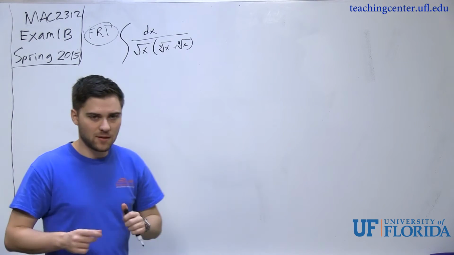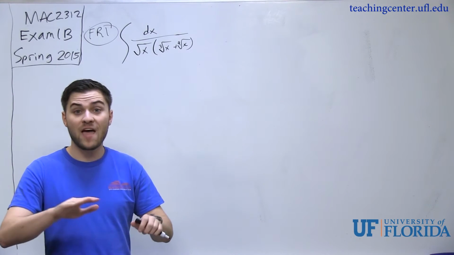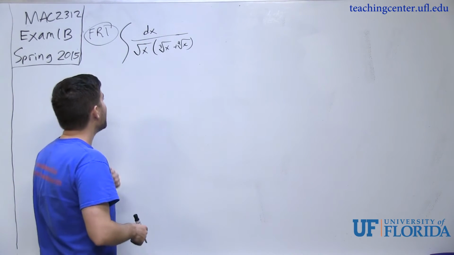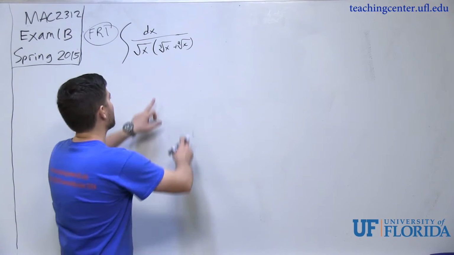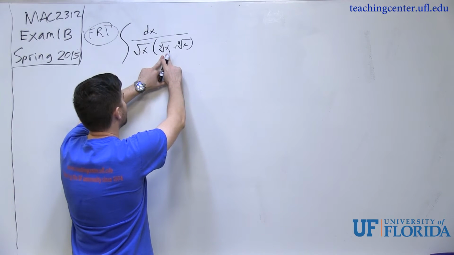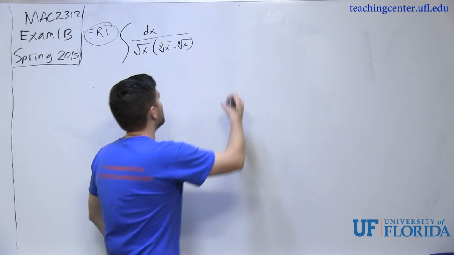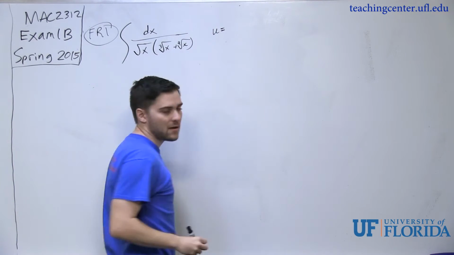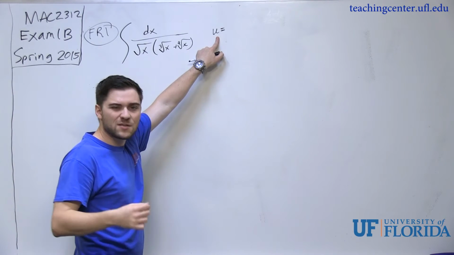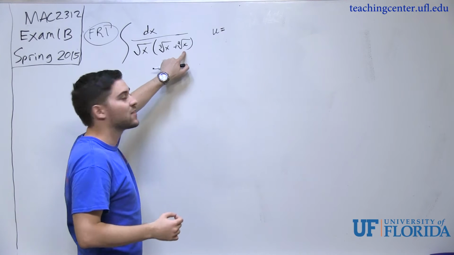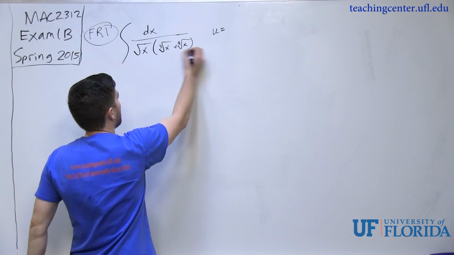When I'm looking at something like this, I need to figure out some kind of u sub that I can plug in that'll compensate for everything. So I have a dx over square root of x, and the cube root of x and the fourth root of x. Now the secret lies in here. What I notice is that if there's a cube root of x and a fourth root of x, I need my u substitution to be something that I can apply some kind of mathematical operation to, to be able to get here. Now, the way I usually figure it out is,